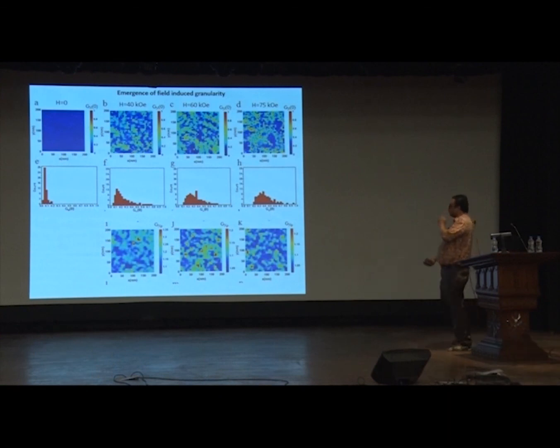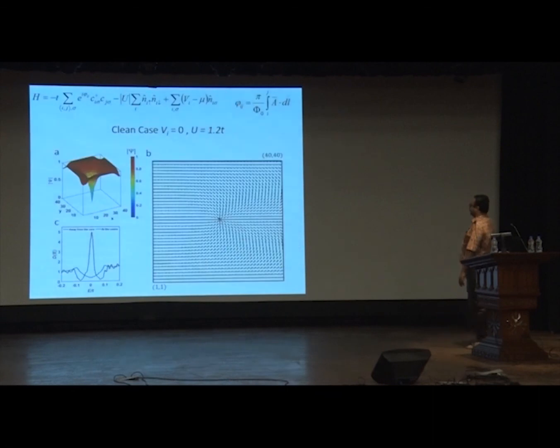We also observe this zero bias conductance. This is the zero bias conductance as a function of magnetic field. The distribution of this zero bias conductance gradually starts getting broader, essentially again telling you that as I apply magnetic field, I am getting into a much more disordered landscape. Now, to understand these results, we did a little bit of